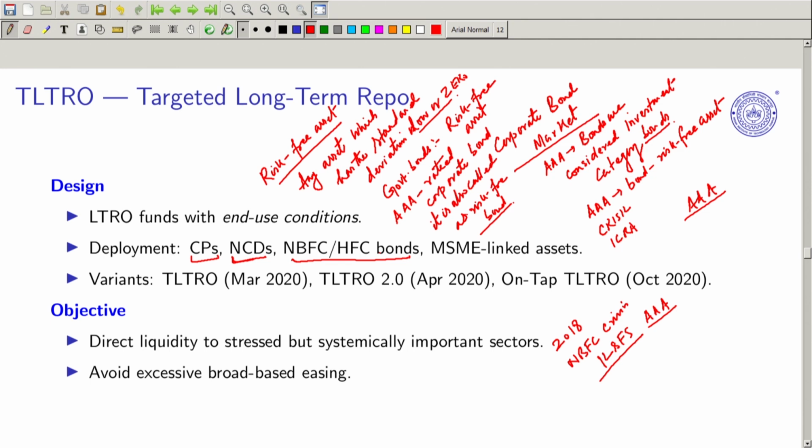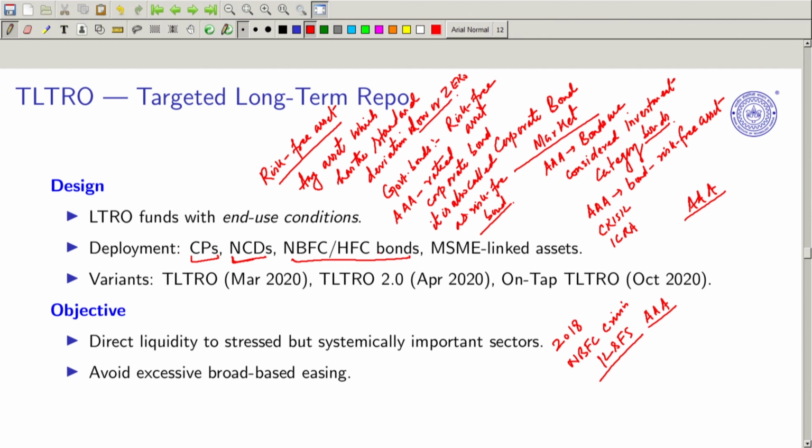And some of the MSMEs also issue bonds; if they want to borrow money, they will be putting some collateral, so you can think about that kind of investment. It was implemented first in March 2020, when COVID was surging at that time, and it had become one of the important